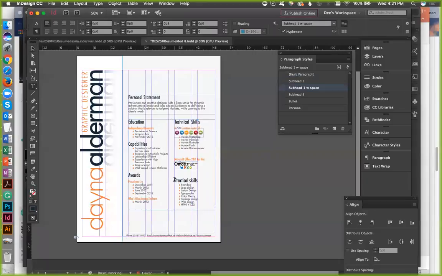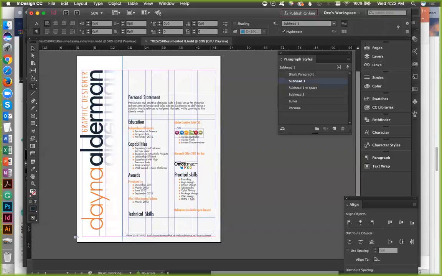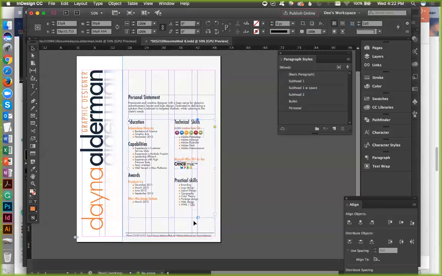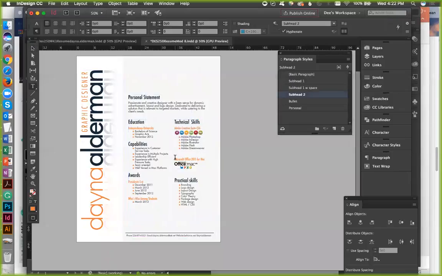Come on, silly thing. Okay. I want to do that, then I'm going to put that in its own box, because it just feels like it's too much space.